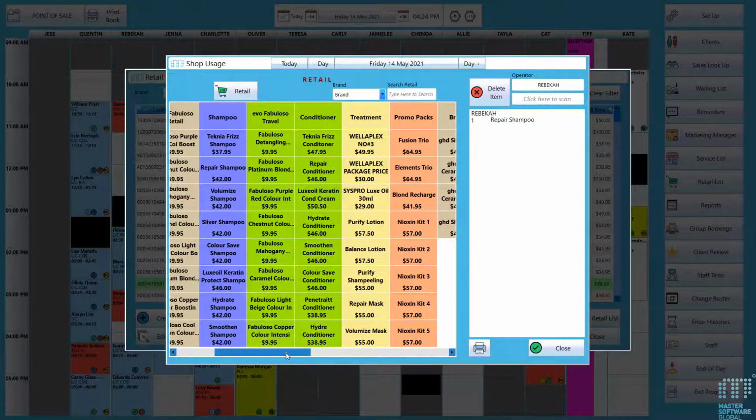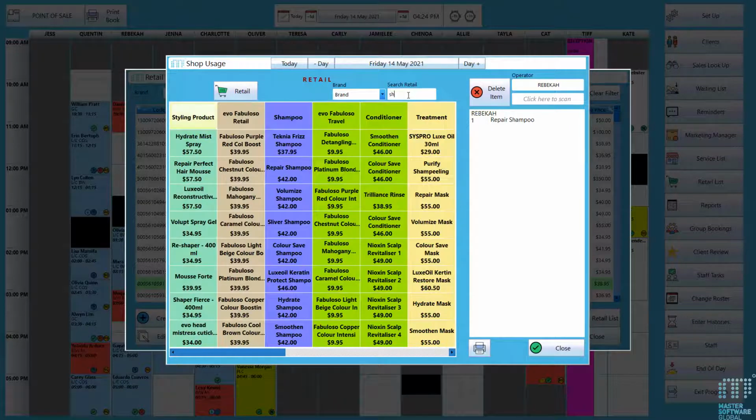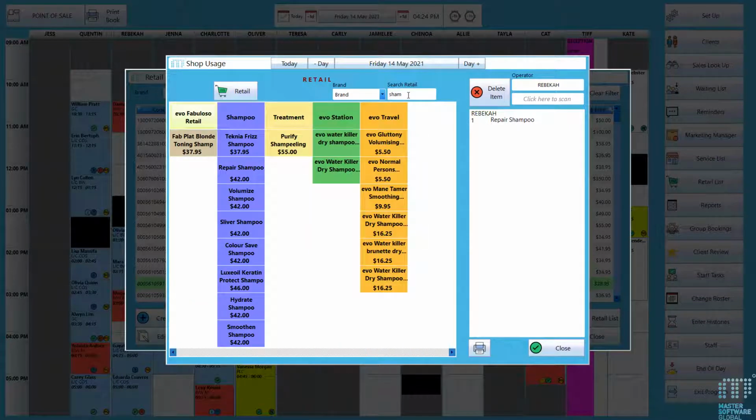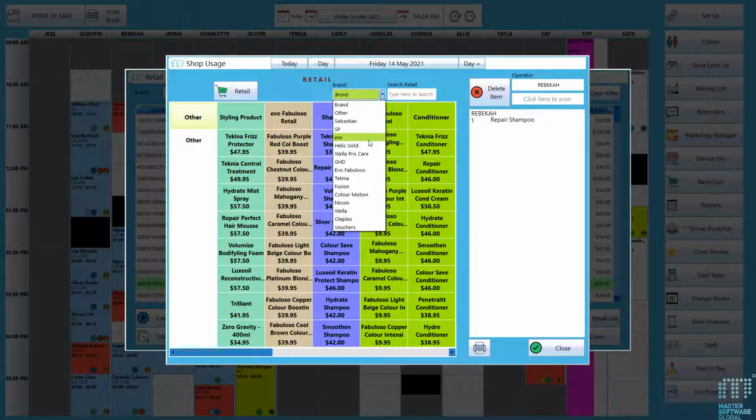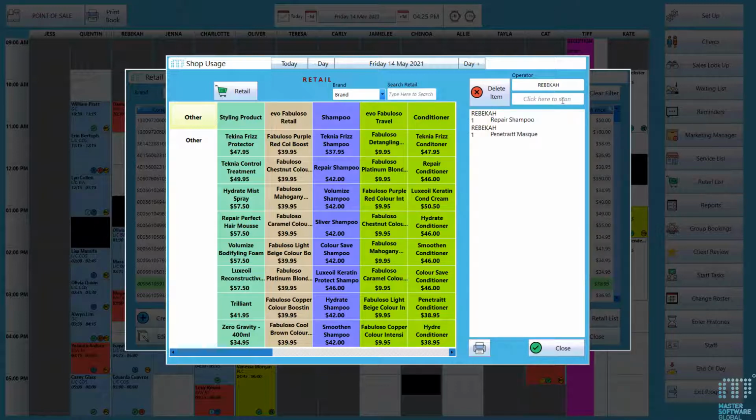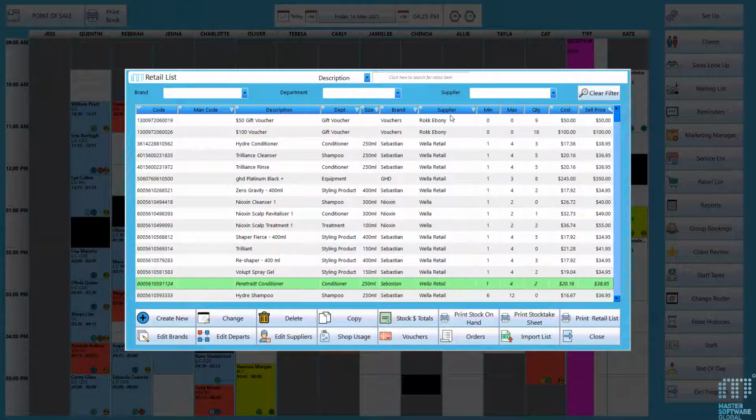So you can just basically click here to search whatever item it is you're looking for. Do your filter via brands also. So that's all pretty standard stuff. Or if you have a barcode number, you can scan it and it'll put that item down. Once that's all done, press close and it'll update